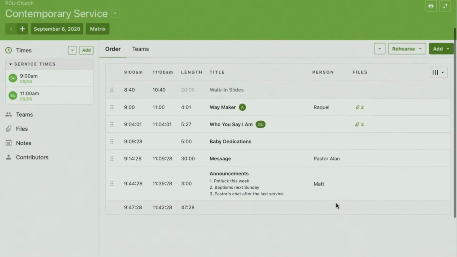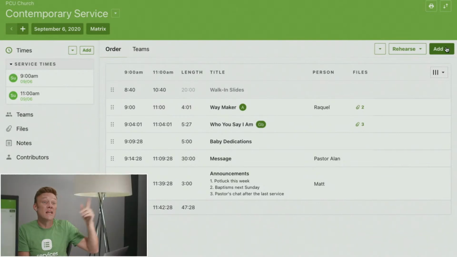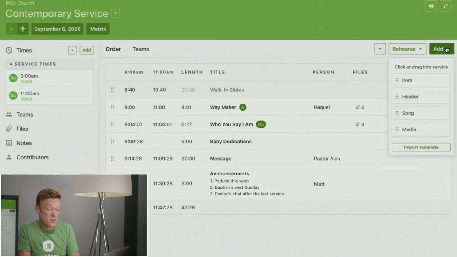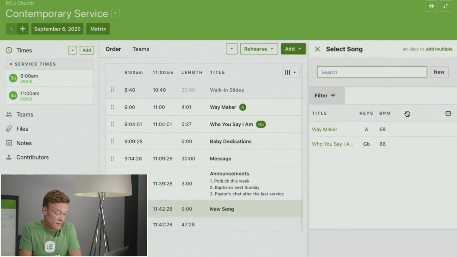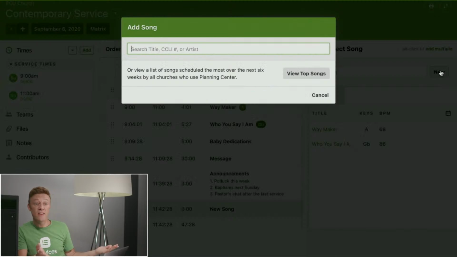Let's add another song. Wait, another song? We only have 2 songs. Well, that's true. You can actually add brand new songs right here from the plans page. The reason we did it from the songs page is because we needed to set up those integrations first. But now that those are set up, let's just add new songs right from here. So let's click on add a song, and it's not there, but we're just gonna click new. There's nothing to search for, so instead I'm gonna click new right here, and there it is. There's that song